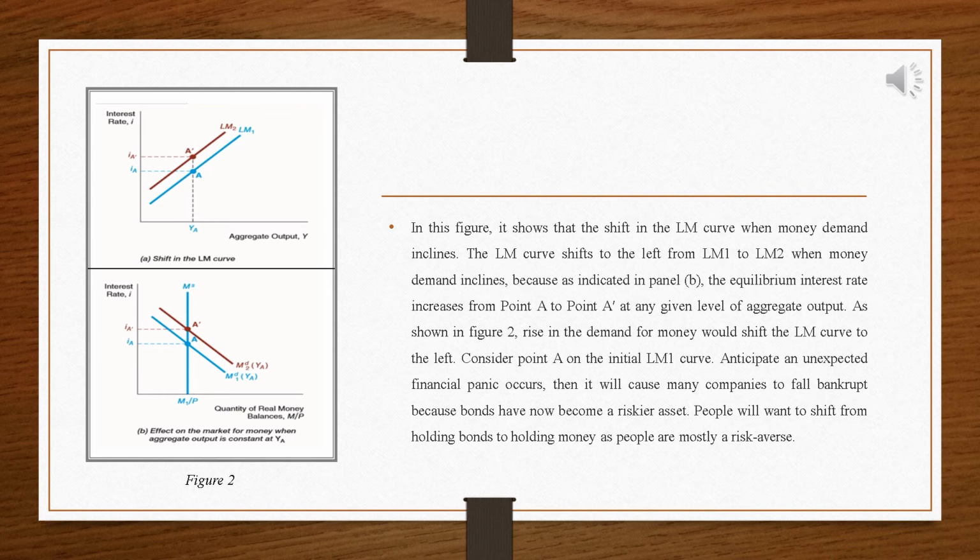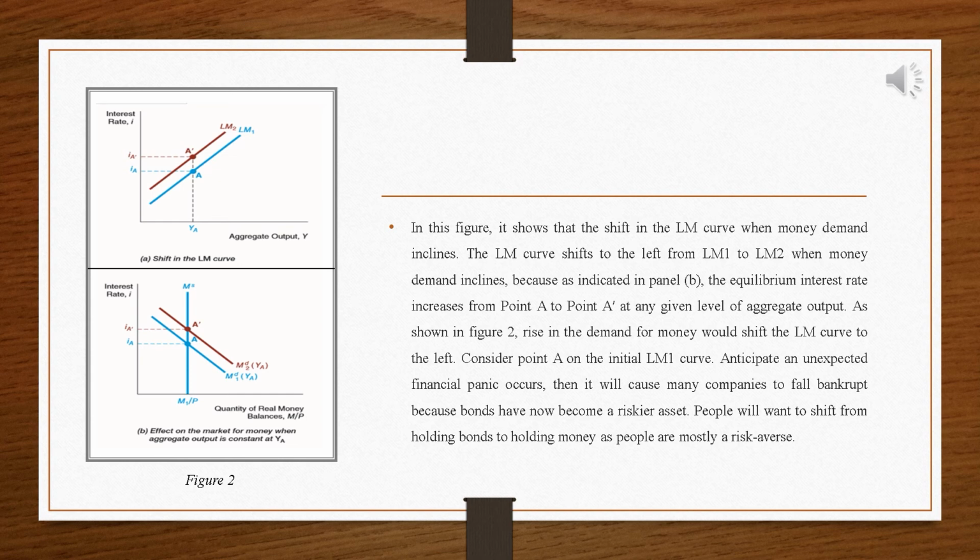The LM curve shifts to the left from LM1 to LM2 when money demand increases because, as indicated in panel B, the equilibrium interest rate increases from point A to point A prime at any given level of aggregate output. As shown in figure 2, a rise in the demand for money would shift the LM curve to the left. Consider point A on the initial LM1 curve. Anticipate an unexpected financial panic occurs, then it will cause many companies to fall bankrupt because bonds have now become